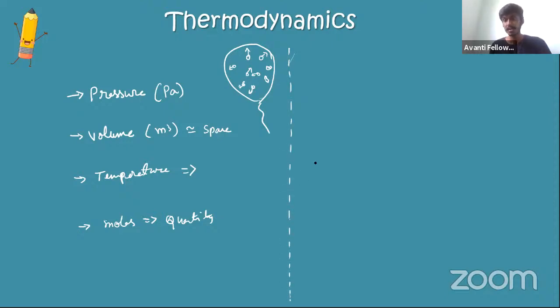But the things which we need to understand very clearly are what is work done, what is heat supplied, what is internal energy, and what is entropy. These are the 4 parameters we need to understand very clearly. As the agenda for this chapter, we have to concentrate on finding these parameters for 4 thermodynamical processes: how to find heat and work done for isothermal, adiabatic, isochoric, and isobaric.